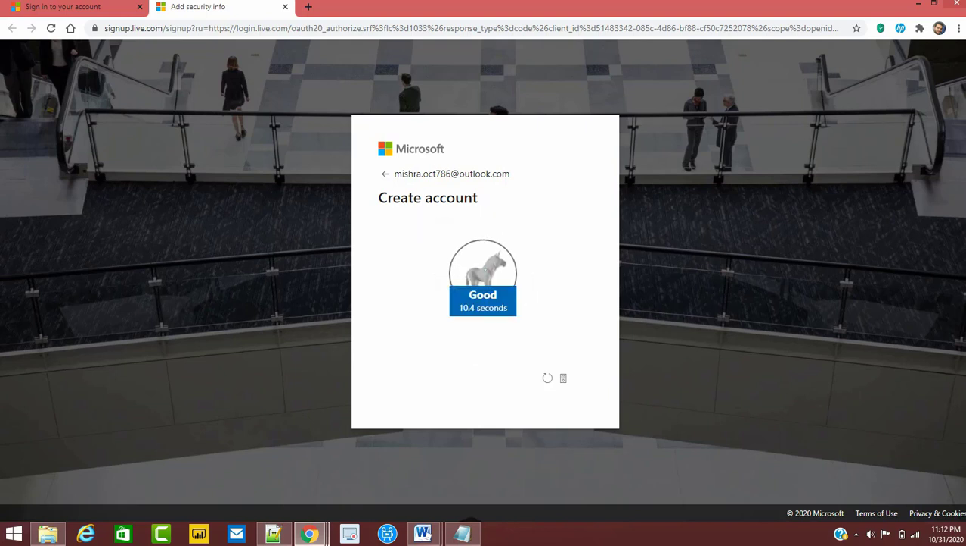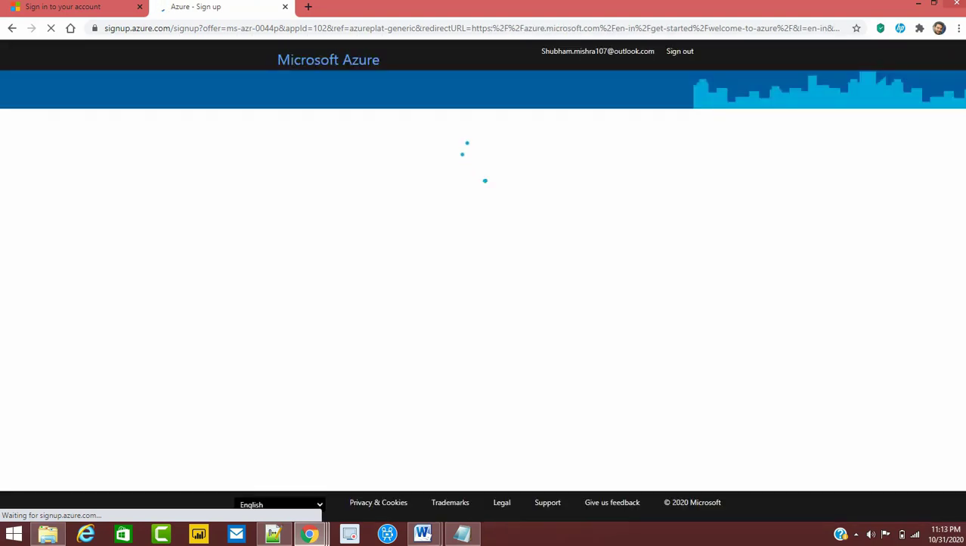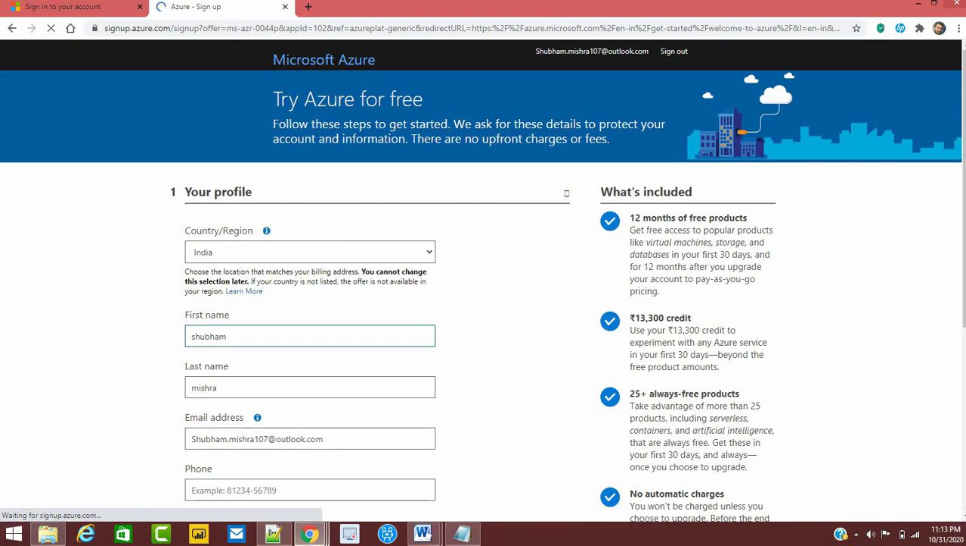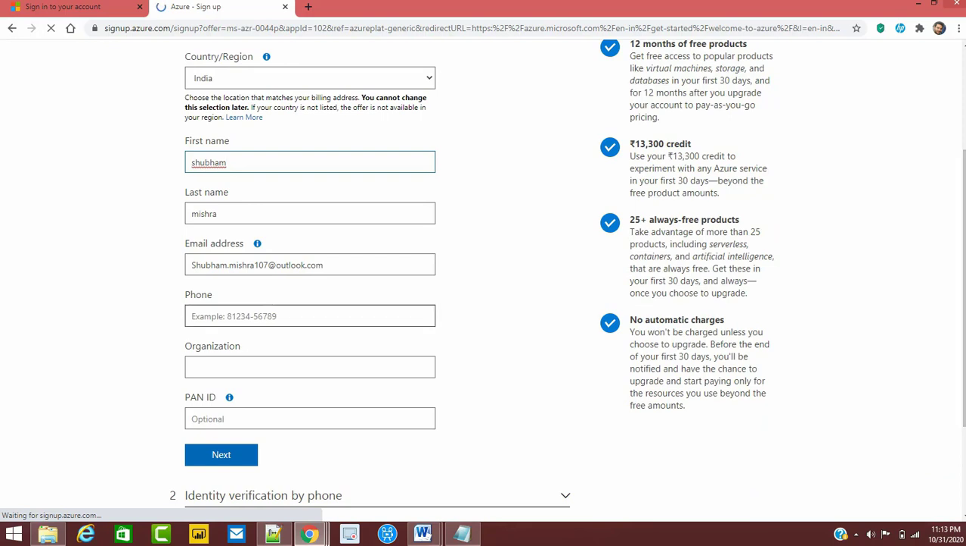Basically we require a credit card or credit card details to finalize our Azure account. So guys, you can see here the web page, "Try Azure for free." So here we have to submit details like name, last name, email, phone number, organization name, or PAN card details. So I am trying to update all these things basically,